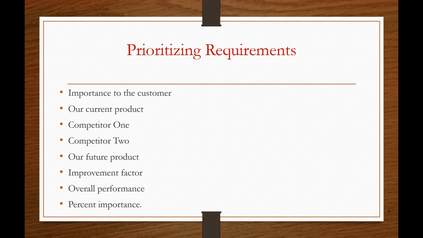How can we prioritize the requirements? We can prioritize the requirements by arranging the priorities of the customer, like importance to the customer, our current product, competitor 1 and competitor 2 for comparison, our future products, improvement factor, overall performance, and percent